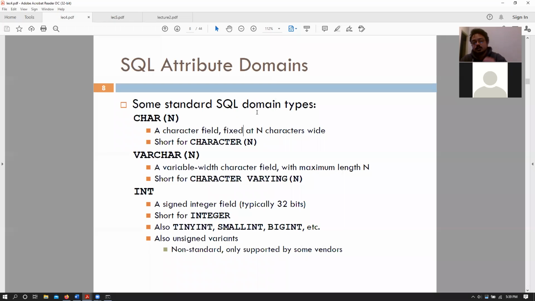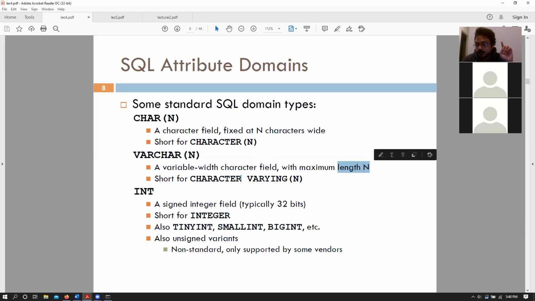Okay. So domain names, for example, we talked about this last time. That is, CHAR(n) was a domain type, a data type that can hold a fixed set of n characters, n being the parameter. We can also have VARCHAR(n), that is essentially a variable length character array that can hold a maximum length of n characters.